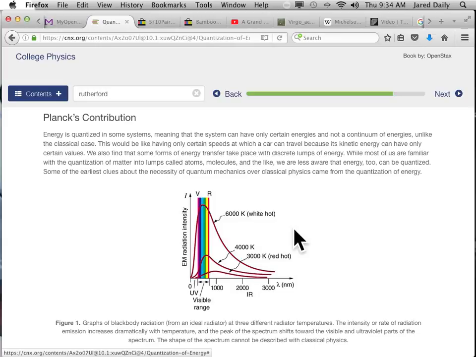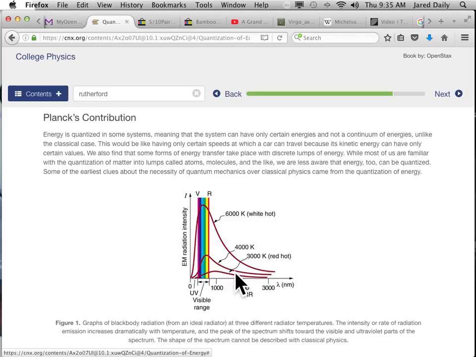And that is that as something gets hotter and hotter and hotter, in order for this theory to hold up, the amount of light coming out must be infinite in intensity, because the wavelength can't keep going towards zero. It just gets closer and closer to zero, but it can't go beyond zero. So it has to increase in intensity to make up for that. And it does that. As it gets hotter and hotter, and you can see right here,